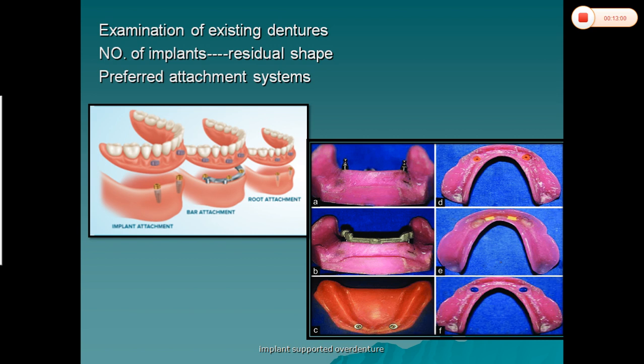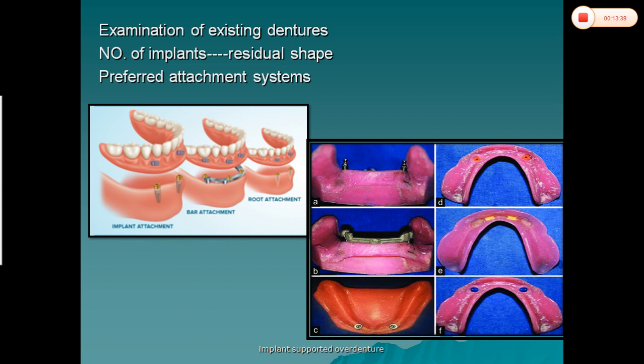Okay, we know once the teeth are lost, residual ridge resorption happens. So at the time when you see the patient, the ridge shape is important. Depending on the shape of the residual ridge, we have to decide the number of implants. And also when we are planning the number of implants, we have to consider the stress distribution. The occlusal load has to be distributed onto the implants as well as onto the ridges. Okay, so accordingly we have to identify the location of implants.